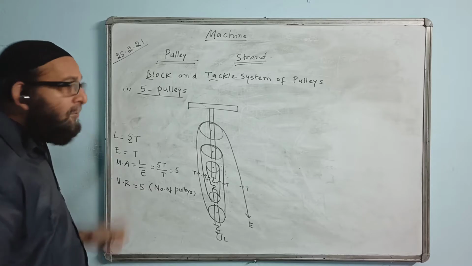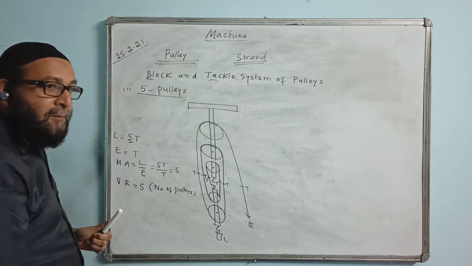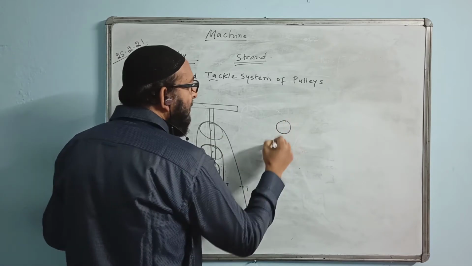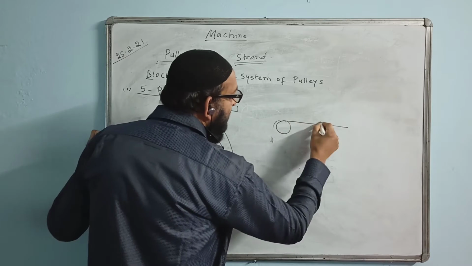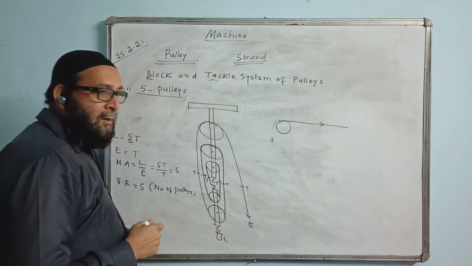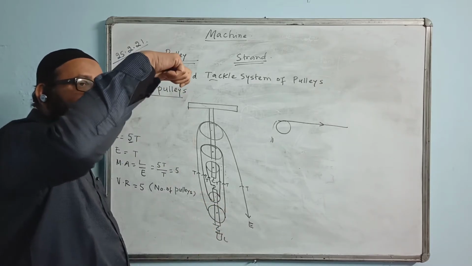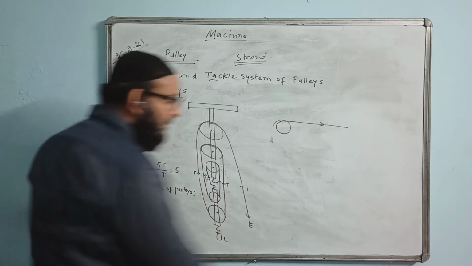Yes, the tension will be in the upward direction because the pulleys are hanging vertically, so the tension will be in the upward direction. If the pulleys are kept another way, suppose here is the pulley and you are rotating this way, then the tension will act like this. This way you are pulling it, the tension is here. But your syllabus says that the pulleys are hanging there with the support. So then definitely all the tension will be acting in the upward direction. Alright.